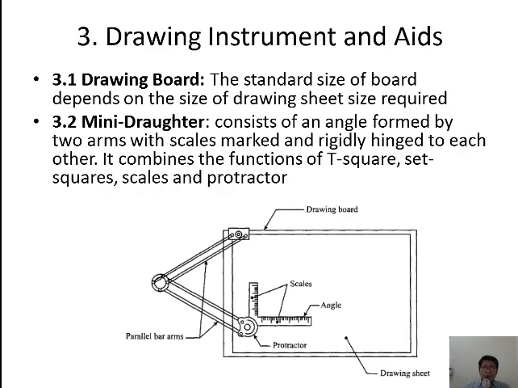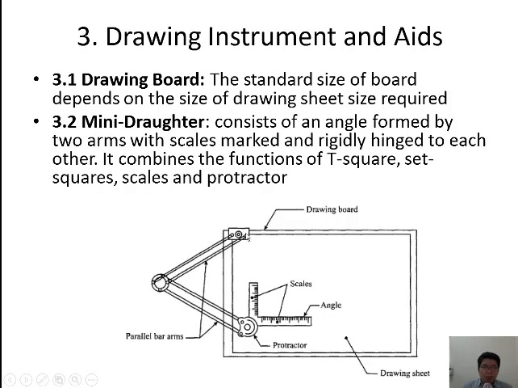Next, I move on to drawing instruments. The first one is the drawing board. Basically it is a standard board that depends on the paper size. Then the drawing board can be different, and it has one special aid